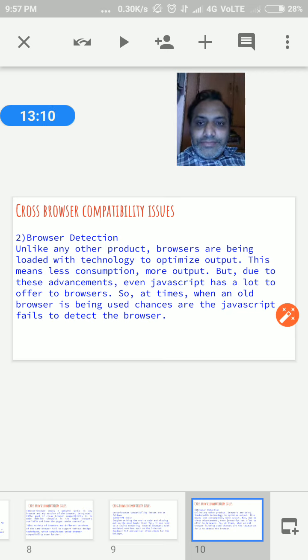For the browsers, many products are there, like any add-on. Using that add-on, we write less code and get more output on a particular browser.